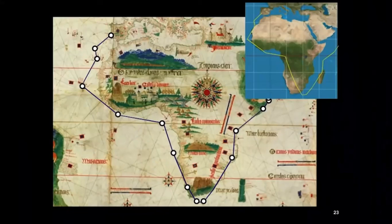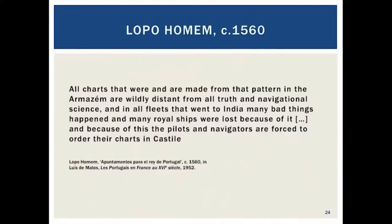Now, coming back to the initial question about the accuracy of this chart, it seems now clear that once again the usual criterion of cartographic accuracy based on the latitudes and longitudes of the places should not be applied here. That was the mistake not only of the present-day historians, but also of the cosmographers of the 16th century, as we'll see next. Around 1560, the Portuguese cartographer Lopo Homem, in a note addressed to the Crown, harshly complained about